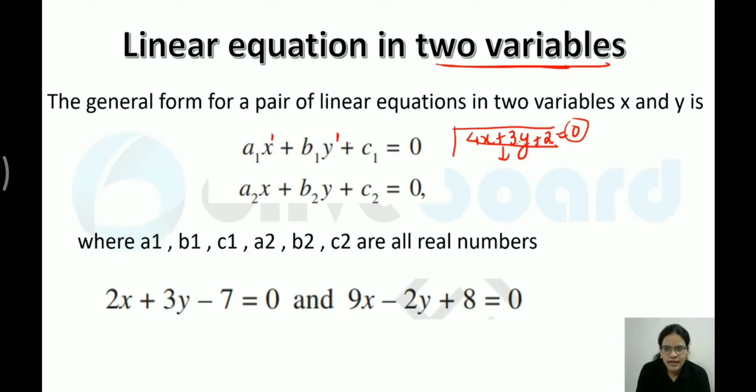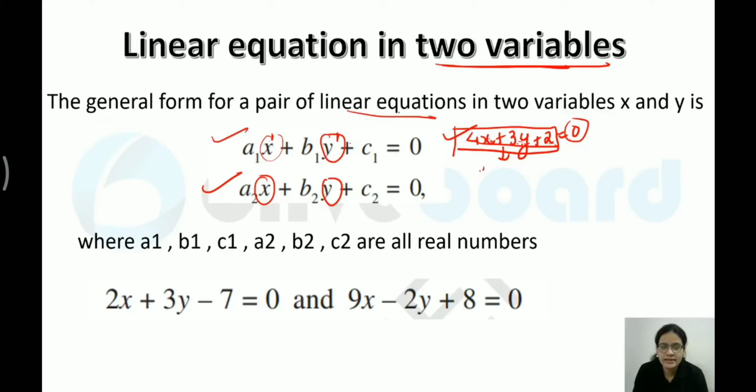Now when you have to calculate the solution, consider the number of equations. This is one equation and there are 2 variables over here. So if you have 2 variables, to solve this, you will need 2 equations. Are you getting my point? If you have 2 variables, 2 equations; 3 variables, 3 equations. Likewise, you have to take that many equations. I think it is clear what I am trying to tell you. So there would be one value of x, one value of y. Here also the same values you have to write and both should be satisfied. So that you will call a solution of the linear equations.